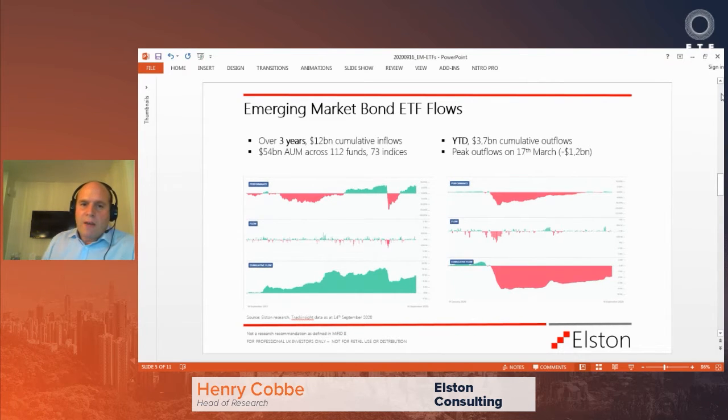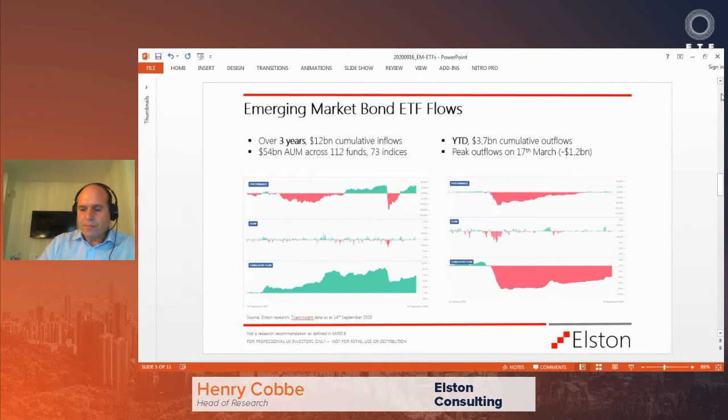If we look at the bond ETF flows, so much lower level of overall assets in bond ETFs at the moment. So over 3 years, we had 12 billion inflows into 54 billion cumulative AUM across 112 funds and 73 indices. And if we look at the year-to-date flows, it's about 3.7 billion cumulative outflows, with peak outflows being much earlier on the 17th of March, so right in the middle of the market panic when 1.2 billion was withdrawn